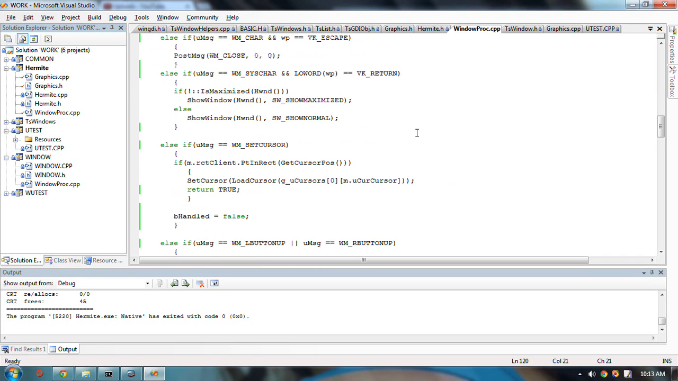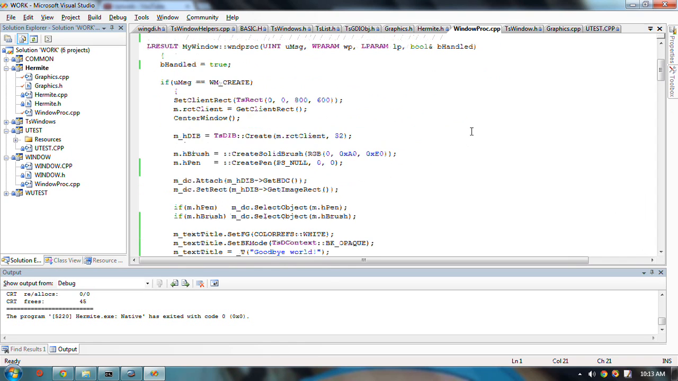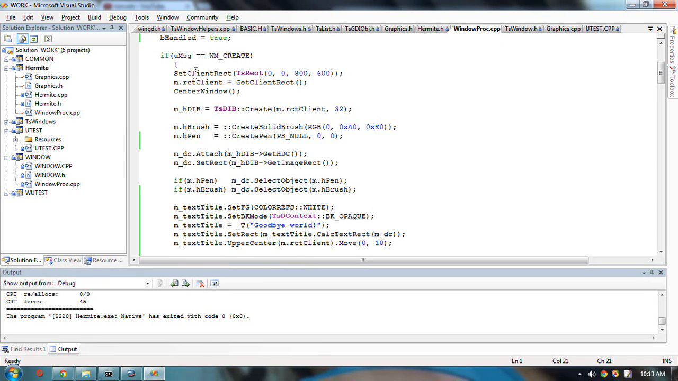Most of the work is done in WM_CREATE. Set the client rect to magic 800 by 600. Now, this comes from quite a long time ago. I don't know if you recall this TSDIB, that would be Device Independent Bitmap,